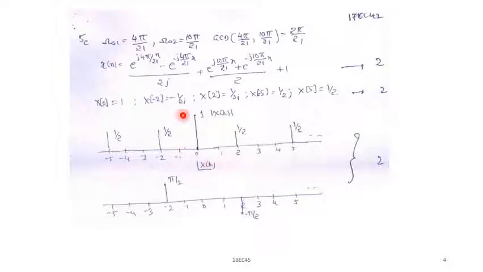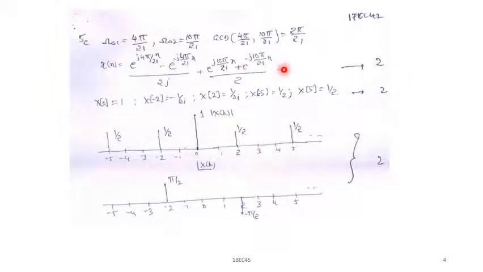The angle is calculated by tan inverse of y by x, that is imaginary part by real part. So if we are having only the real part, the tan inverse of that will be 0. So you'll get 0 here. At this point it is 0 and here it is 0. Whereas here at minus 2 and plus 2, you'll get the answer as pi by 2 and minus pi by 2. So you have to use the tan inverse y by x to find out the angle.